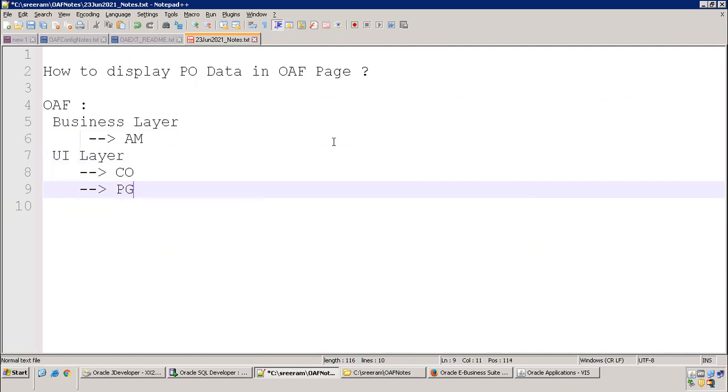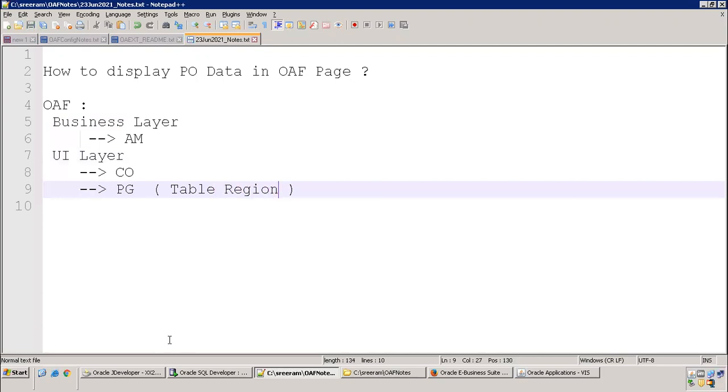Now, where we have to show the data in the UI, we have to show it in a table. Why do we have to use a table? Because it will display multiple records. You're not getting a single record. We are getting 100 records, in our case I just chose 100. So obviously, I have to get 100 records in the page. That will be in a table region.